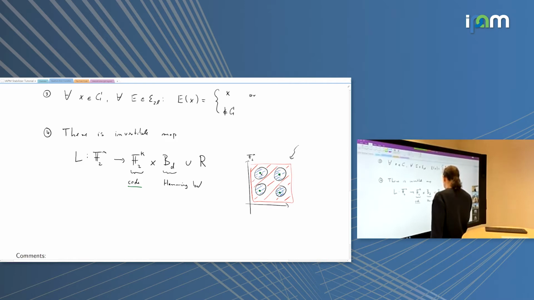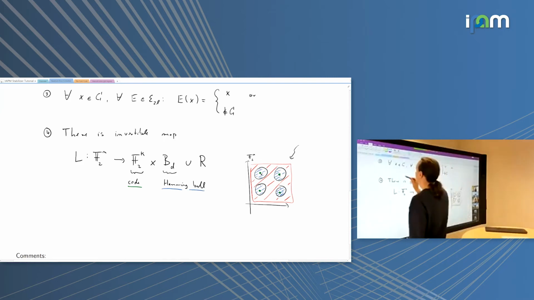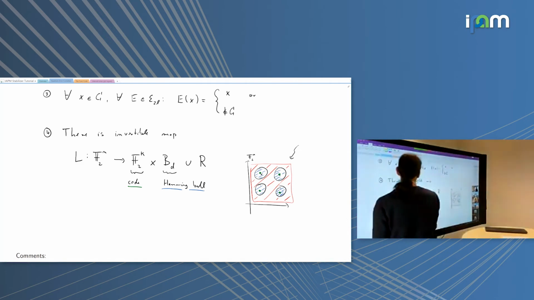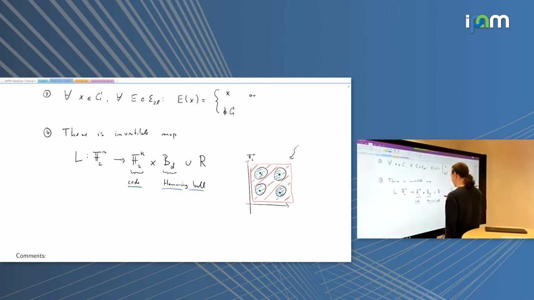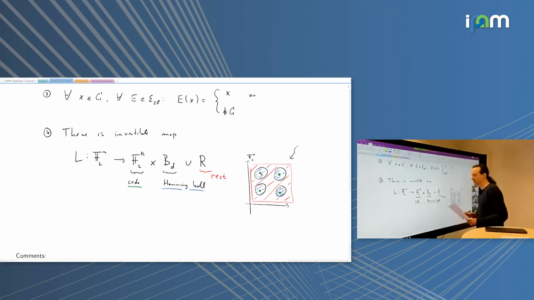Hamming ball. Right. So these are the bit strings that are the distance d away from a legal code word. And then there might be some other points left in the space that are not of Hamming distance d close to a legal code word. So let's call this the rest. And in our discussion, we can usually ignore the rest because we start with a valid code word and we assume that not too big an error ever acts on it.